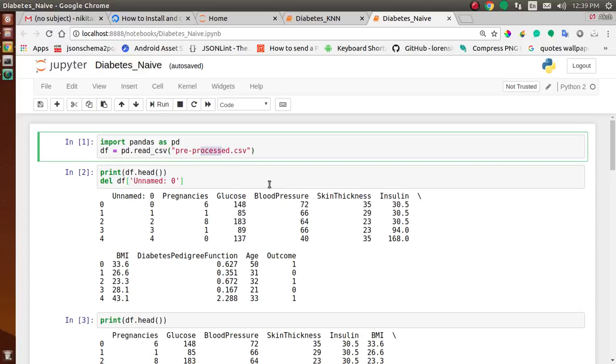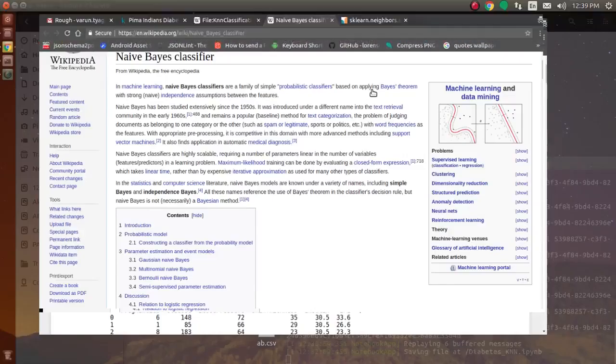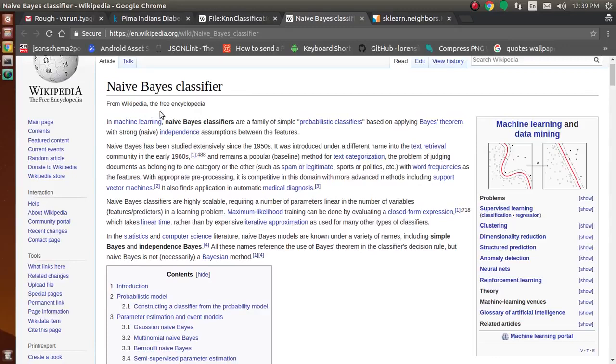Before we move to the coding part, first I want you to get familiar with what a naive-Bayes classifier is. As most of you know, I hope you learned it in your classes. Naive-Bayes is basically a probability concept using which we will determine which class a particular data belongs to.